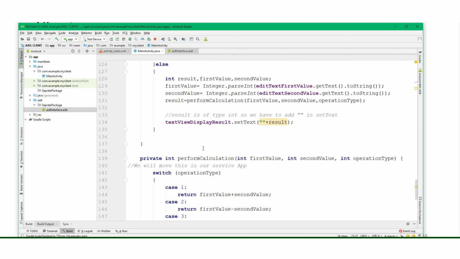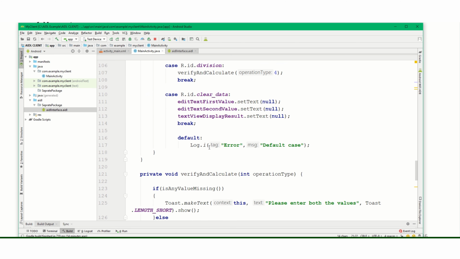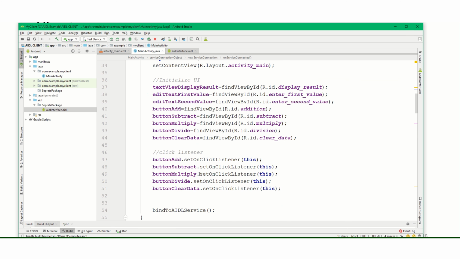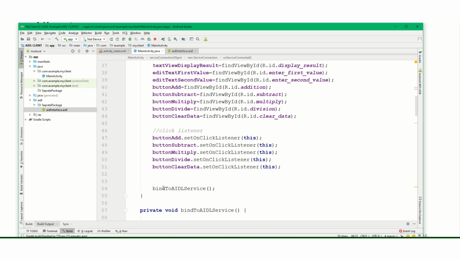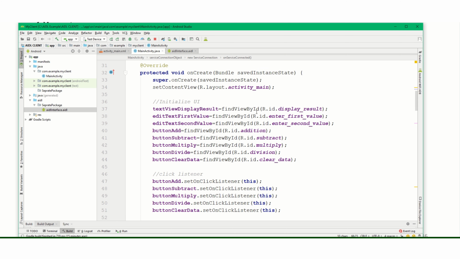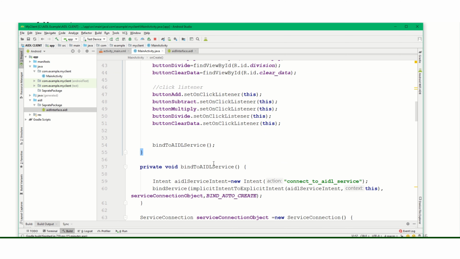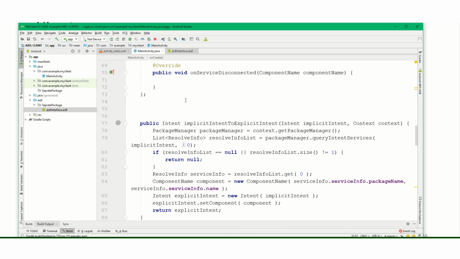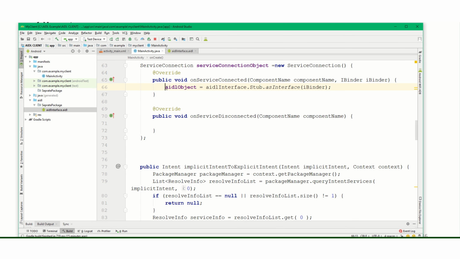So make sure before you use this AIDL object, the binding of service should be done. So we have made this bind to AIDL service function in our onCreate method. So it will be executed first. So whenever I click any of the buttons, then I can use this object because our service is already bound from onCreate.